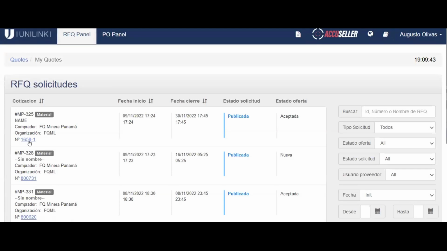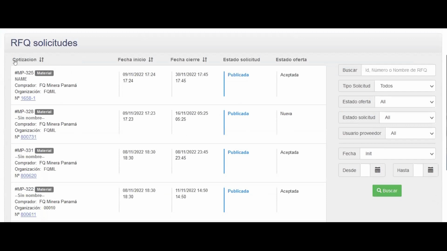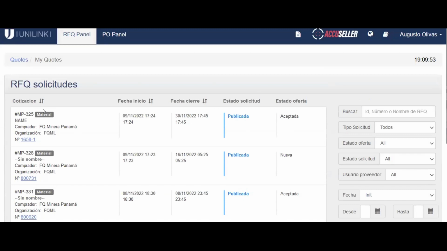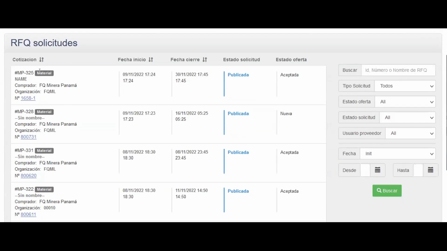The first page that we will see is this panel. And as a supplier, the first thing I will do is click on this button here, RFQ panel, to see all the RFQs that I have been invited to participate in. So here we have a sheet which shows us